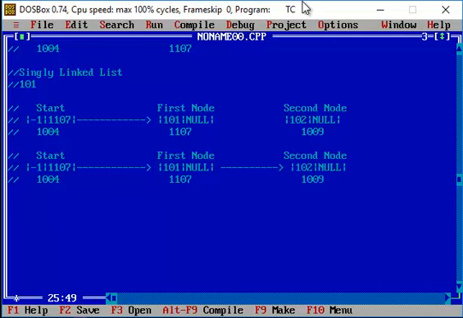If this second node has to be included in my linked list, then the memory address of the second node should be added or updated in the address field of my first node. So this is the concept: whenever you add a node at the end of your linked list, you have to ensure that the last node present in the linked list is updated with the address of the new node. This is the concept that we are going to implement now.